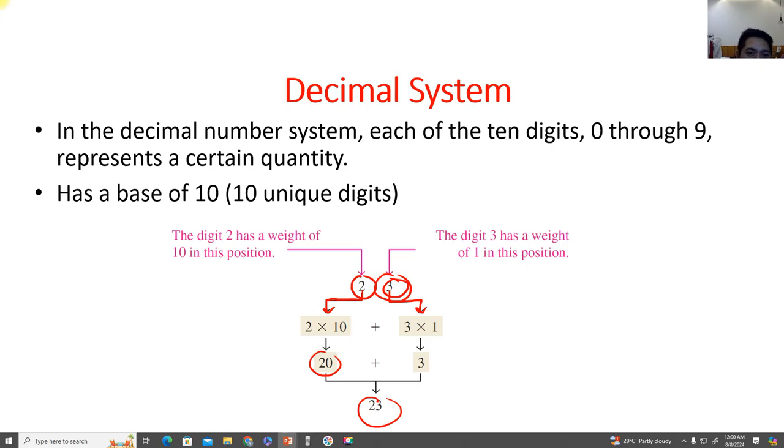The decimal number system is the number system that we normally use as we try to count, as we try to buy items or sell items. We multiply, we subtract, we divide. So that's the decimal system. Why is it important that we recall this decimal system? Because in binary, everything that a decimal number can represent can be converted into a series of ones and zeros, and that is the binary.